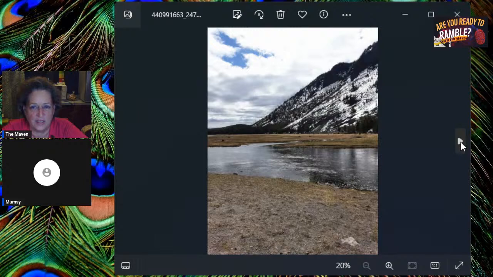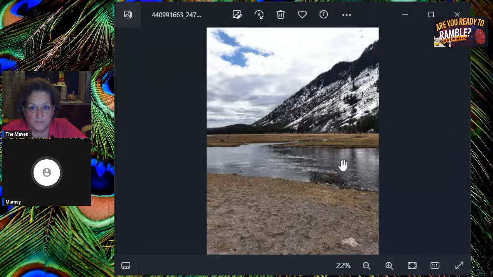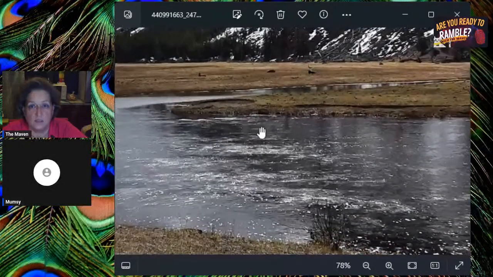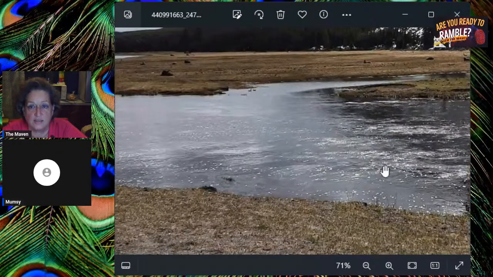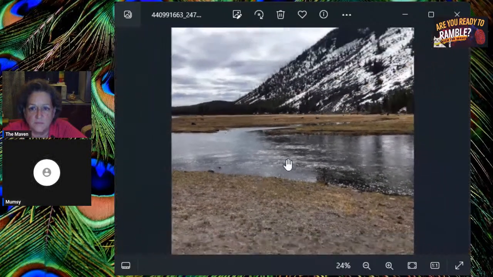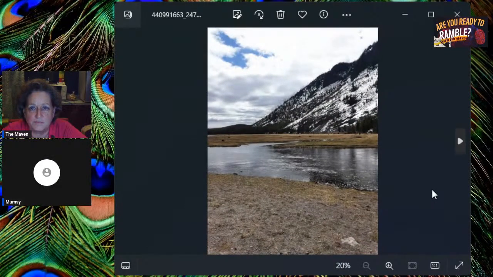Oh, look at that. So is that like kind of like a stream going through? That was kind of like just a pond, a water pond there. And I think if you zoomed in on that, you'd see buffalo on the other side. Oh, sure enough. Look, 1, 2, 3, 4, 5, 6, 7, a lot. And it looks like ice. Oh no, it's not ice. No, it's just the sun sparkling. Yeah, the moving of the water. It was very windy and cold. Alrighty.